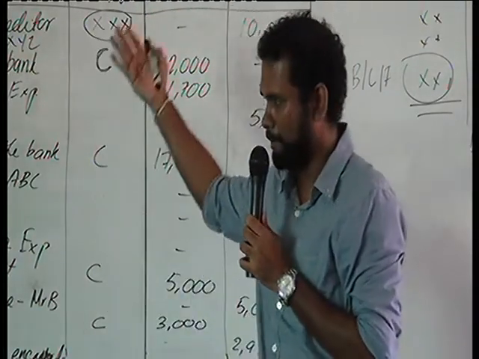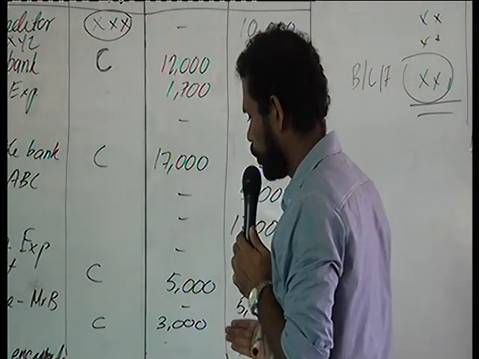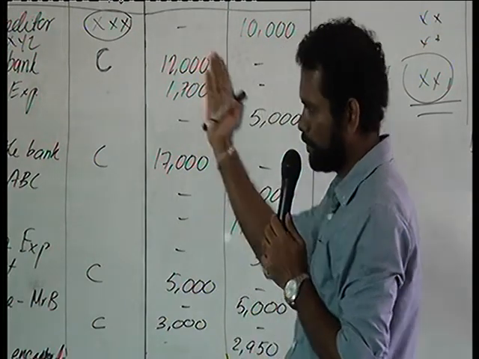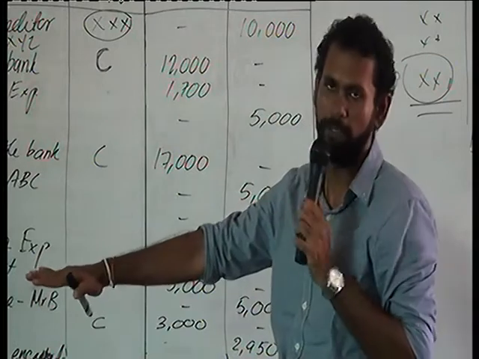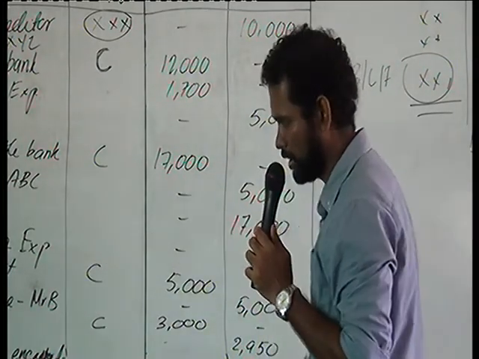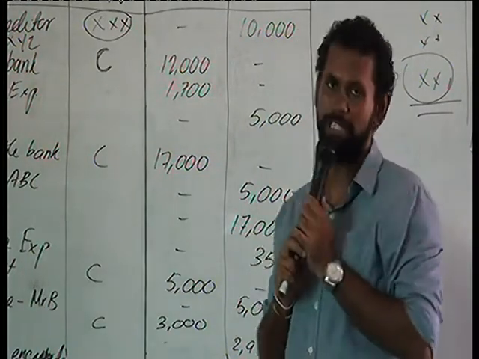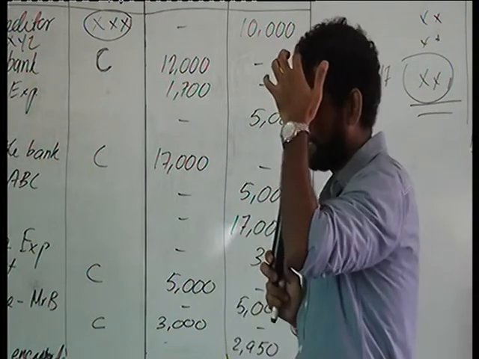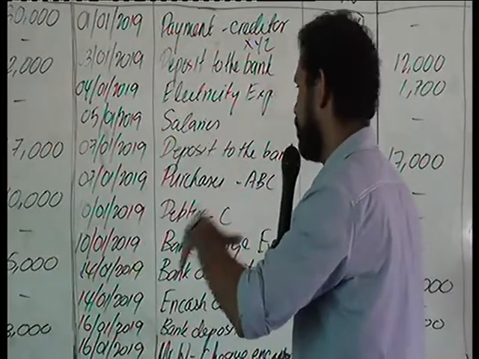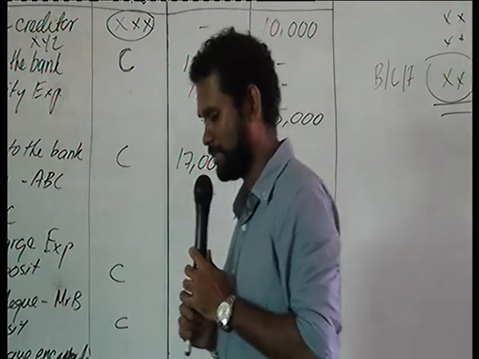So in this example, when you balance it, you can see the cash balance carried forward amount is 48,300, which is the opening balance for the month of February. The bank balance, closing or carried forward balance, is 20,400, which is the opening balance for the month of February. So likewise, in this example, we have looked at how to record the transactions in the prime entry book with regard to cash and bank.